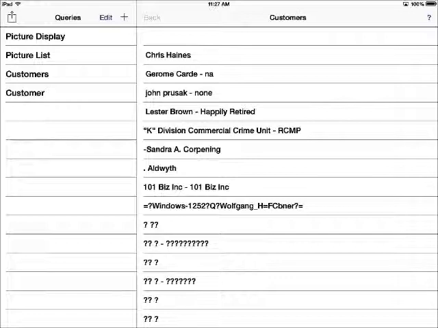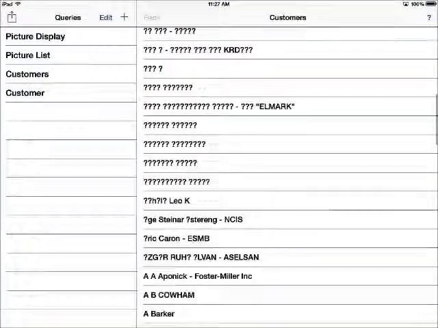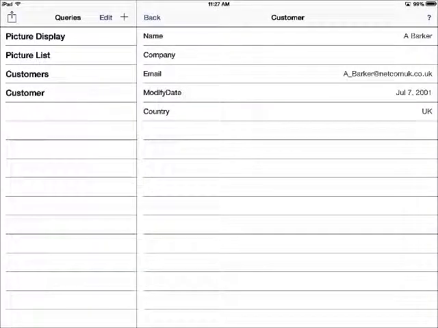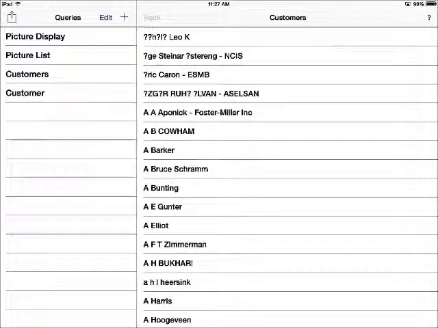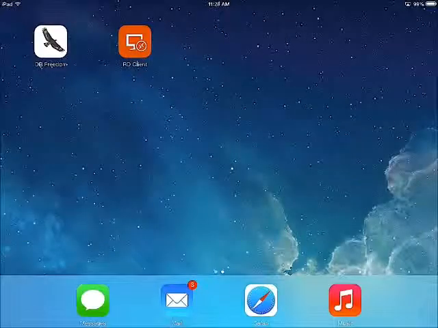Now when we pick customers, we have them linked, so we can pick any individual customer and then bring up the detail query. That is what's called a list and detail query in DB Freedom. As you can see, we could have added a whole bunch more information, but that's the end of